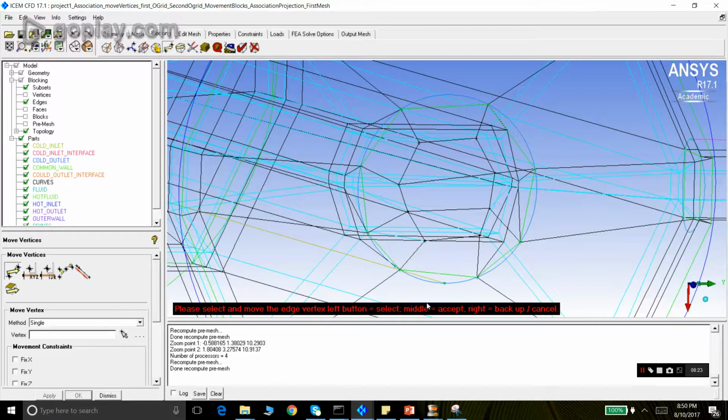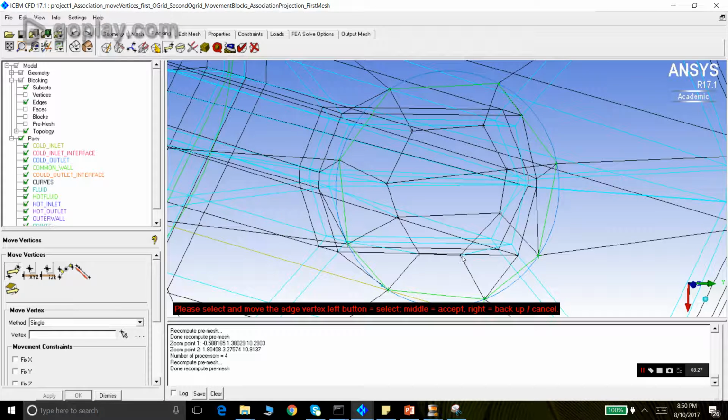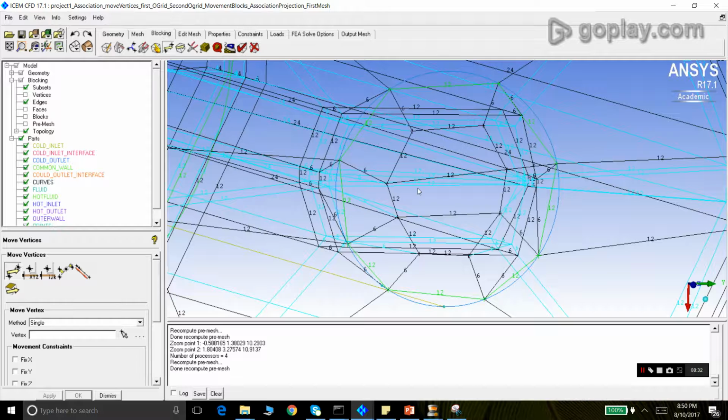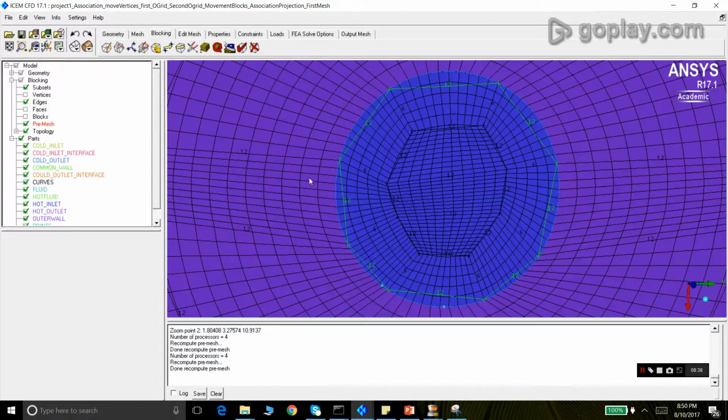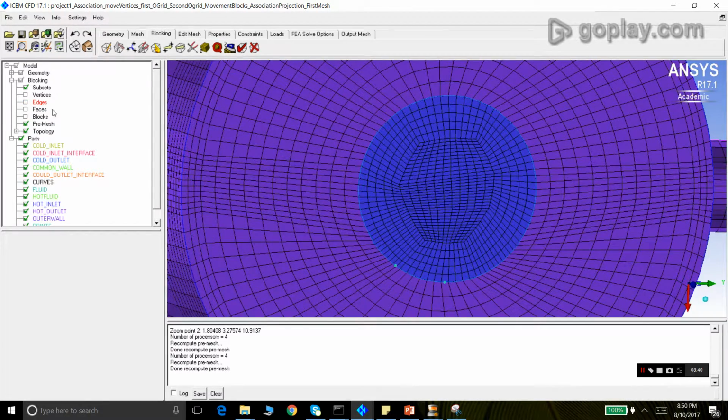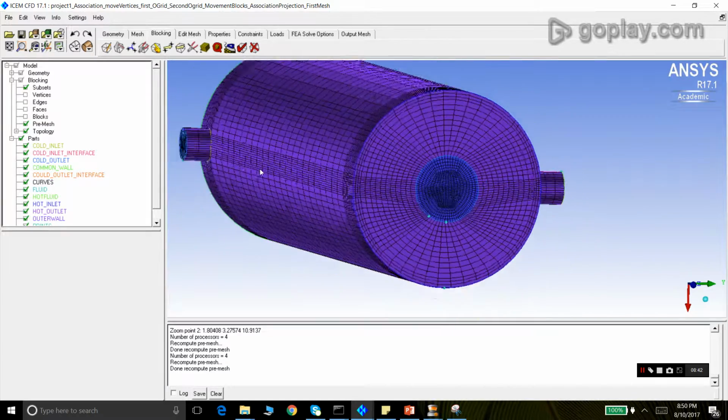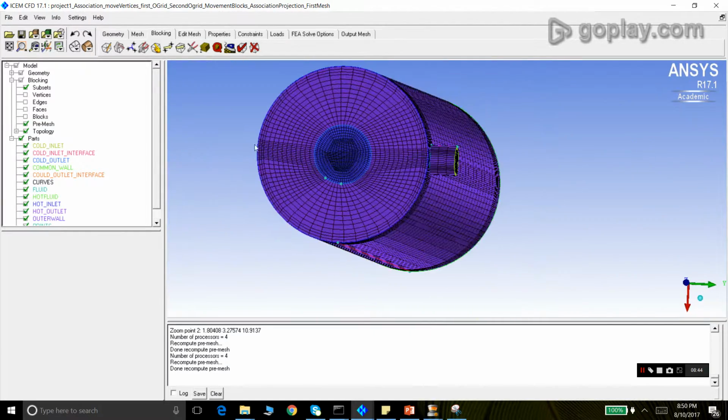The last bit here. This is the mesh here, and